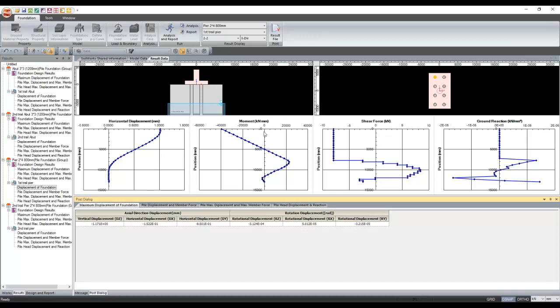So that's it from my end. Now we will go through the different